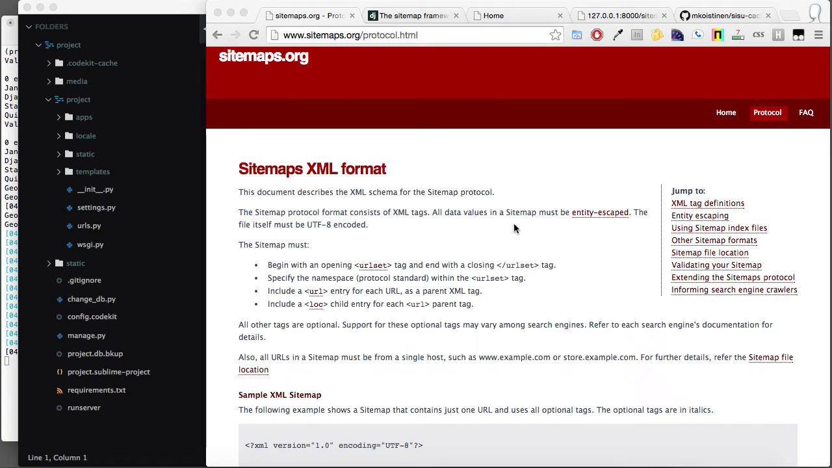Everybody, Happy New Year. This is now January 2015, and I'm doing a new screencast on Django-cms. This particular topic is about sitemaps, which is actually just a Django contrib module, and it's not really specific to